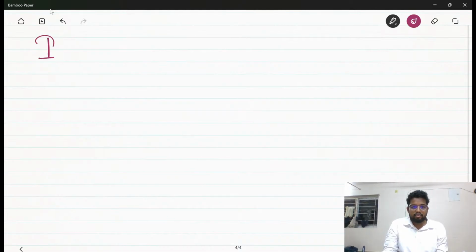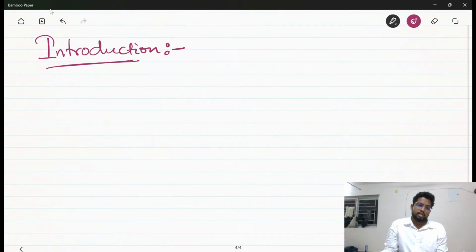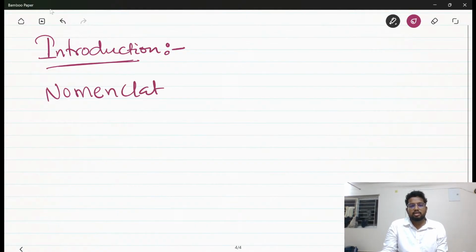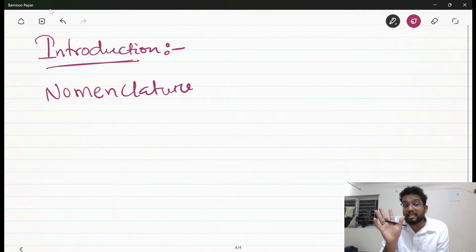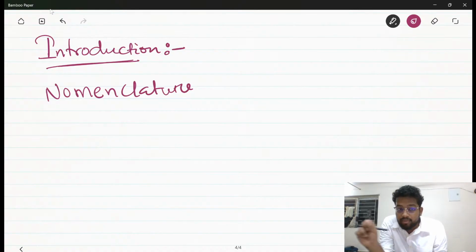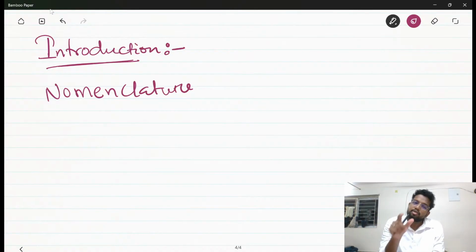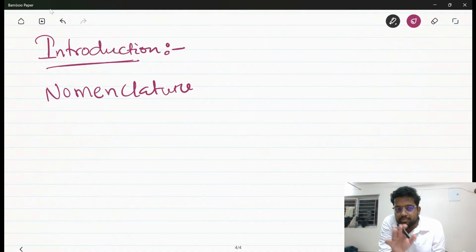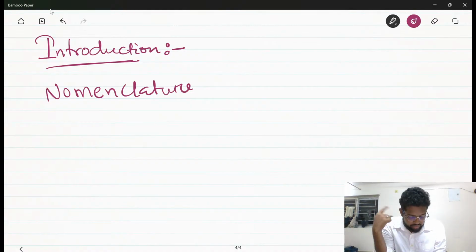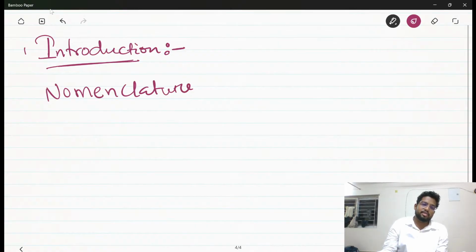First, introduction, which definitely today I'll tell you about, even naming, and we can start a few of the preparation. Then after that, nomenclature. Now, as you have already done the first year part, the nomenclature thing is not done in detail. I will not tell you about the rules for numbering, functional group priority, those things you know. But I'll give you some examples and show those rules again so that it will freshen up in your mind. So first thing introduction, second nomenclature, third